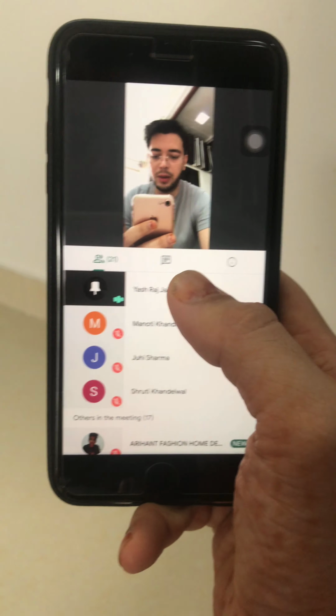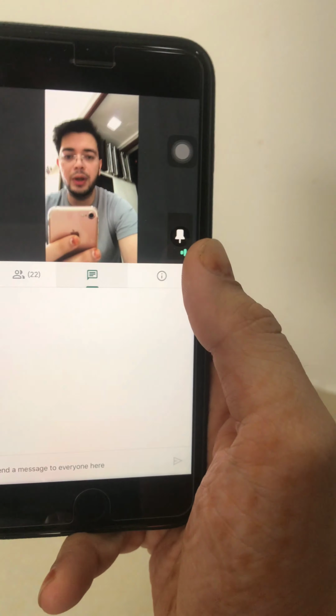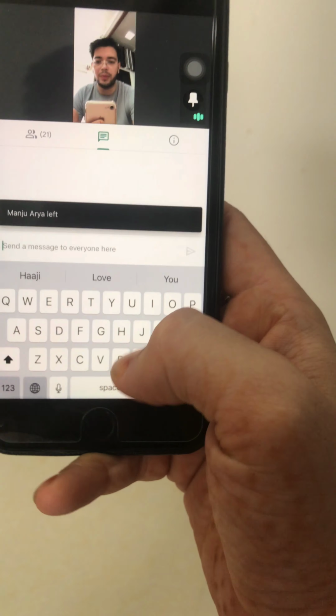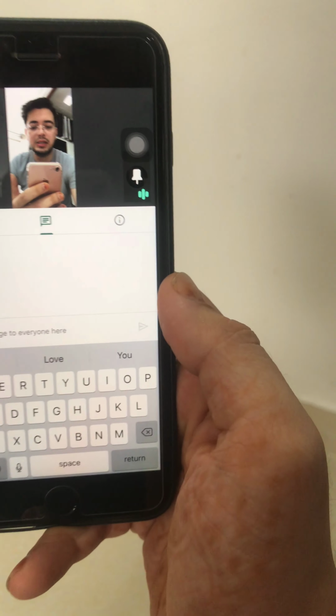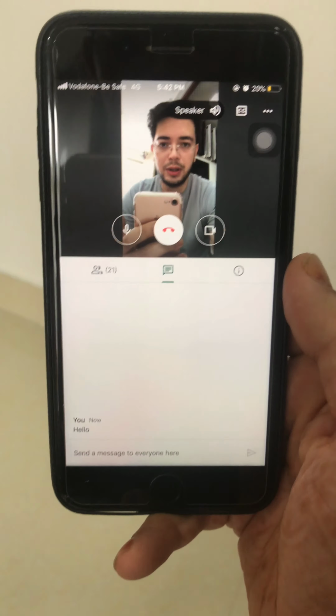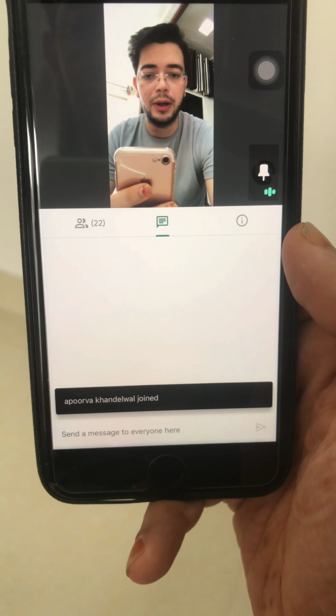Now the second option here is for messages. Teachers, you can conduct your classes through this virtual platform. If you want to give a message to all the children who have joined the meeting, you can give a message here like this. We can even ask through audio, and later the children can reply through the message as well. So children, those who are present, please give a message. Those who can see the video and hear the audio properly, please give a message here.